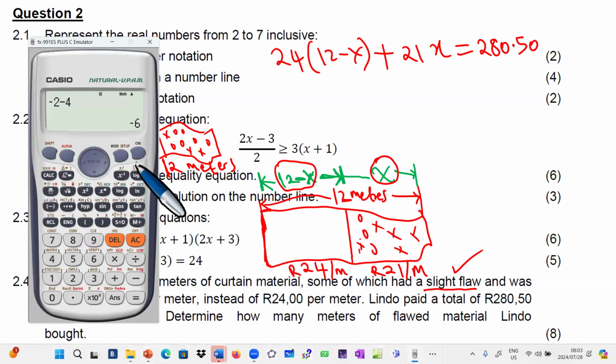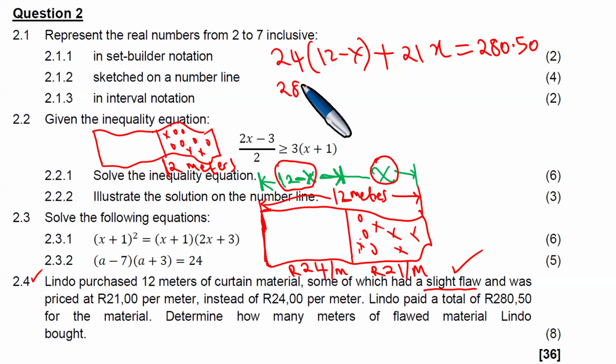Here's our calculator. So you'd have 24 by 12. 24 by 12 is 288. Yes, 288. So you're going to have here exactly 288 minus 24x,